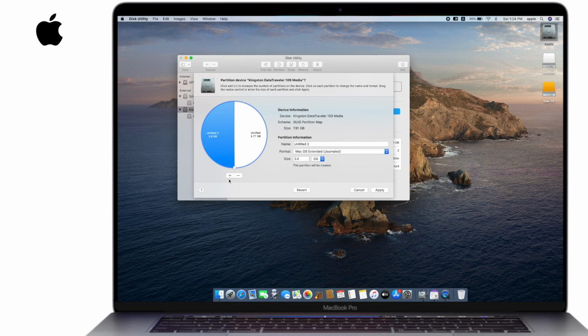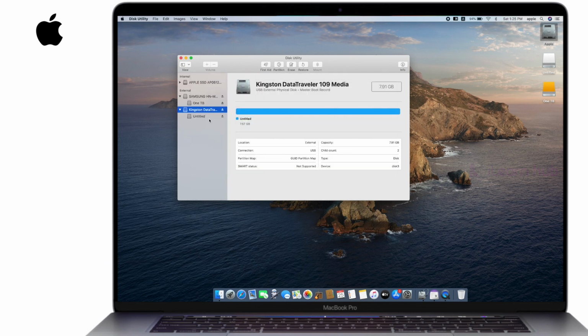But now let me show you. Click on plus, it makes a third partition. Like this, multiple partitions. When I click revert and then put plus again, it equally creates multiple partitions. You can go up to 16 partitions at a stretch. Once you click on Apply, it will take some extra time, but everything will be mounted on your desktop with the name you have given. Right now it says Untitled up to, I guess, 13 or something. Okay, I'll just click on Revert so that I have one single partition.